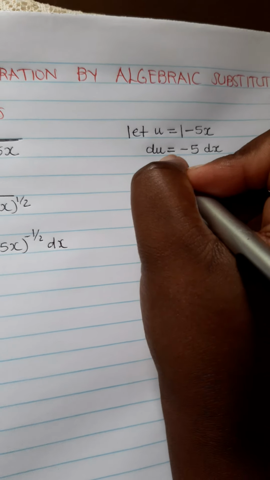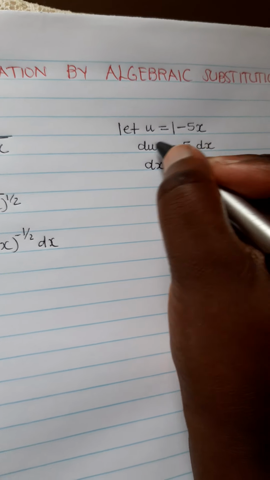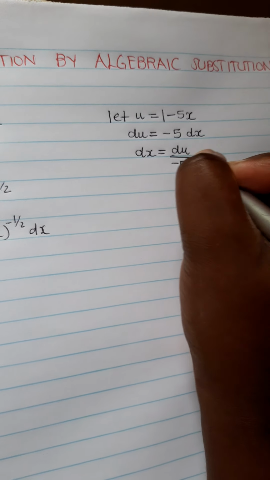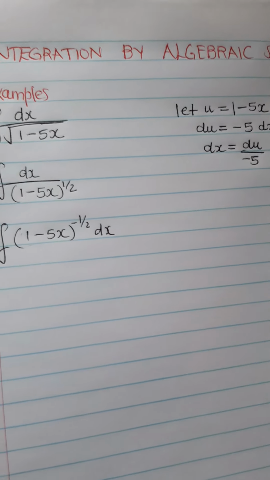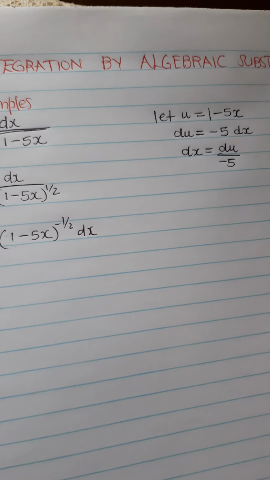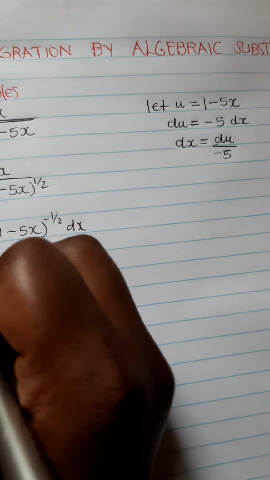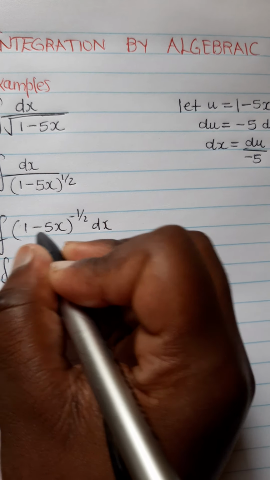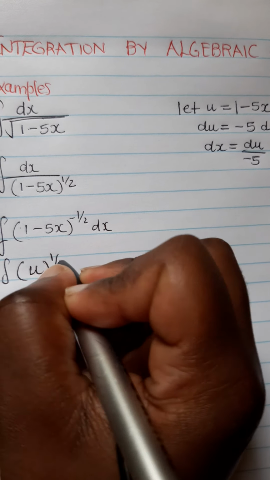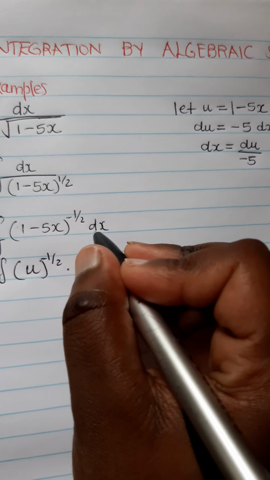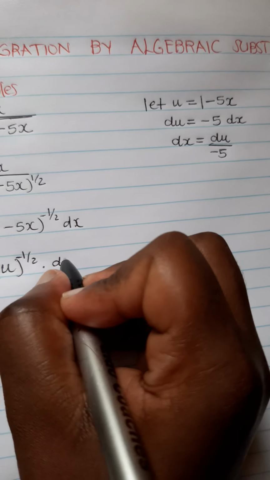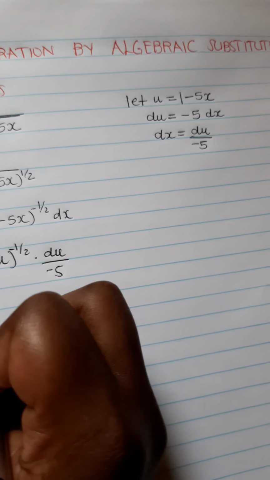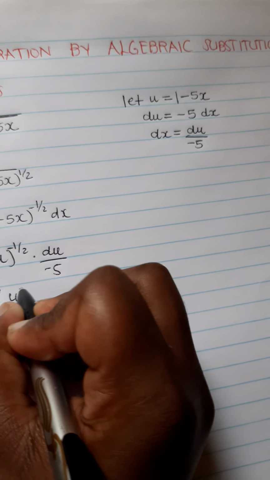Then now dx will be equal to what? We divide by negative 5 both sides. So this will be du over minus 5. So that is our dx. So now when there is anything with x, we replace it with u, just so that our function is in terms of u. So the integral of, remember, 1 minus 5x is now u, to the power minus 1 over 2, times dx, which is now du over minus 5. So this can be written as negative 1 over 5 integral of u to the power minus 1 over 2